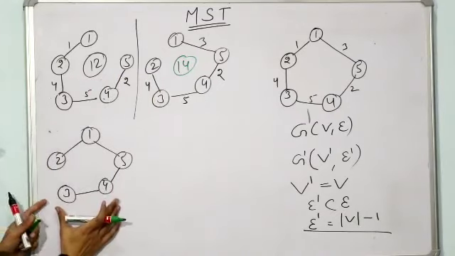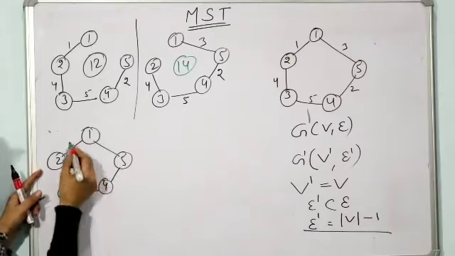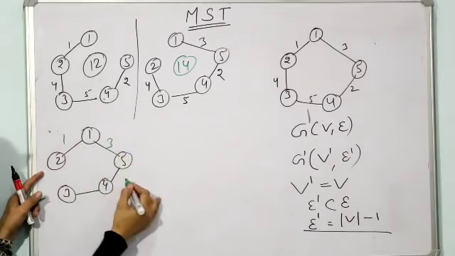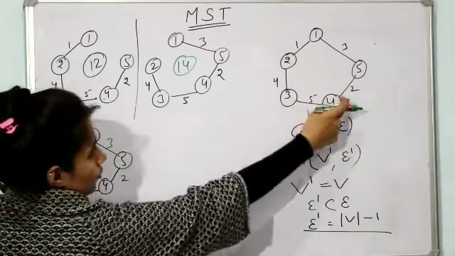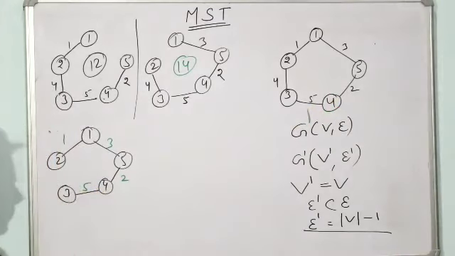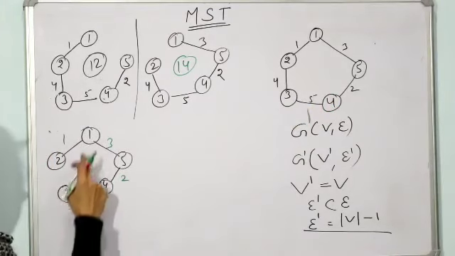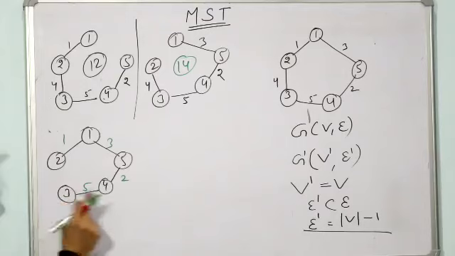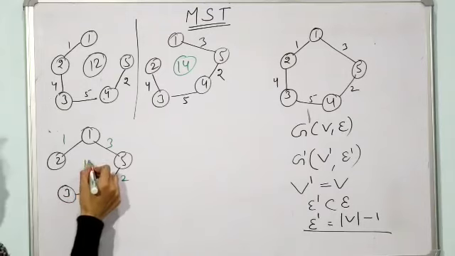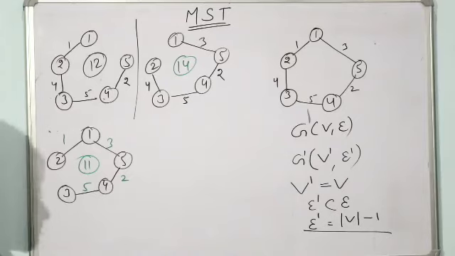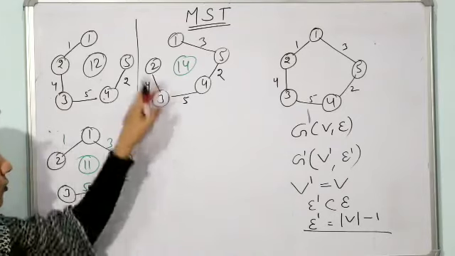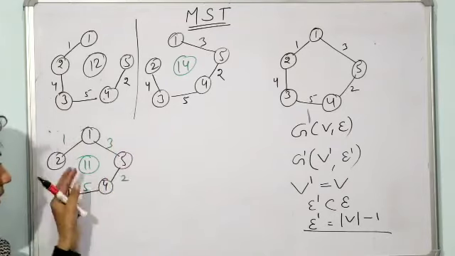Fine. Now check out this spanning tree. The cost of this spanning tree: 1, 3, this edge is having cost 2 and this edge is having 5 because we have taken these 4 edges. Now the cost would be 3 plus 1, 4, 4 plus 2 is 6, 6 plus this 5 is, I guess, 11. Fine. Now out of these 3, the minimum is 11.